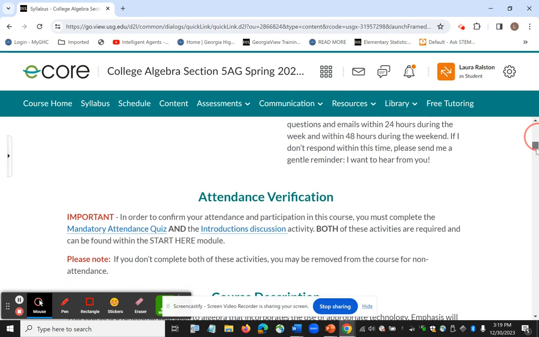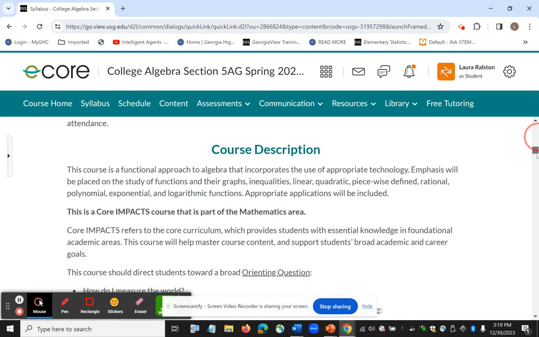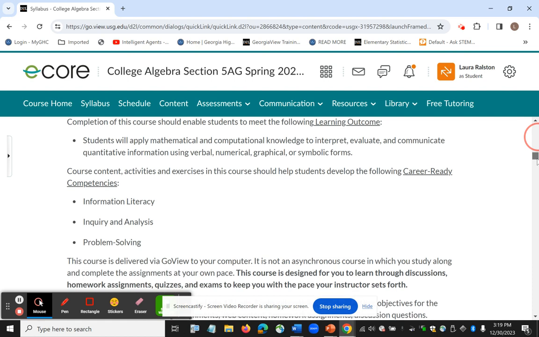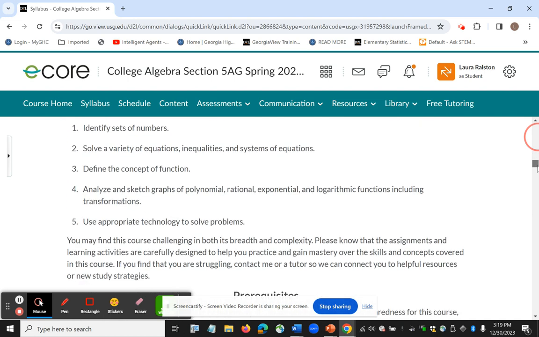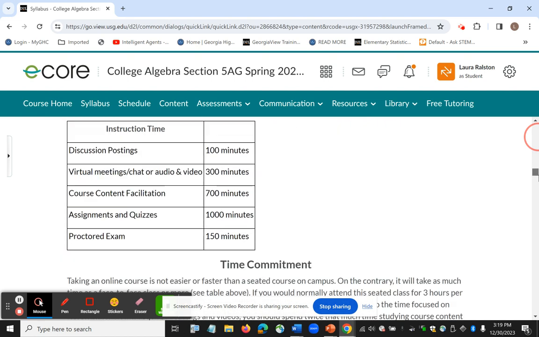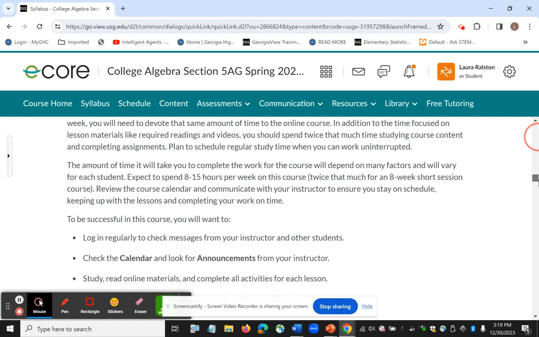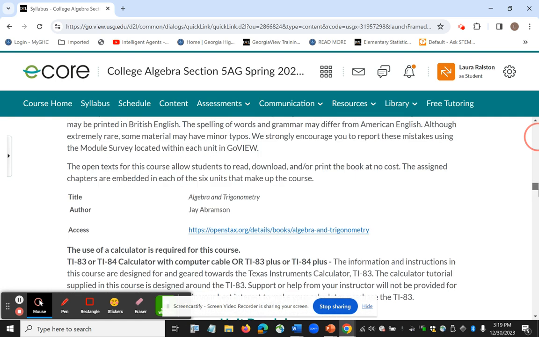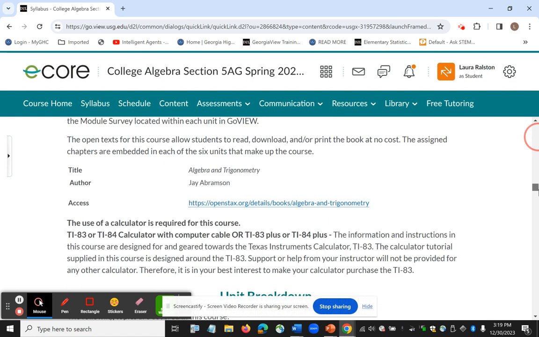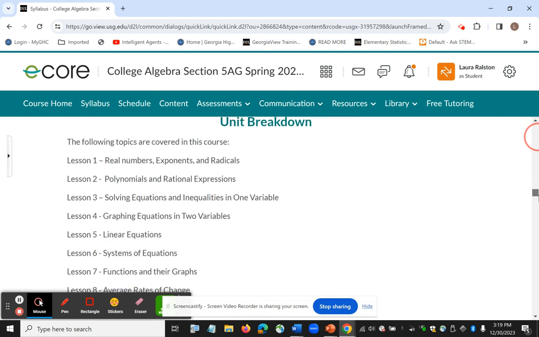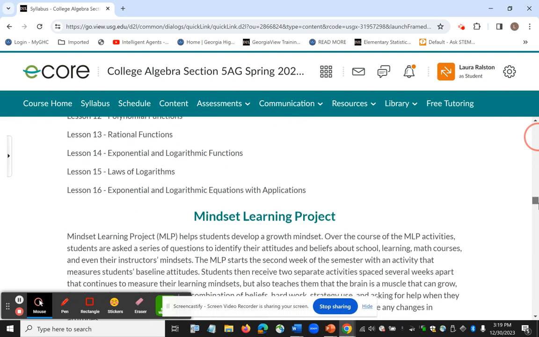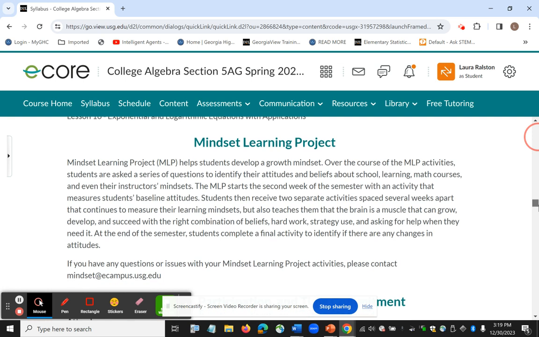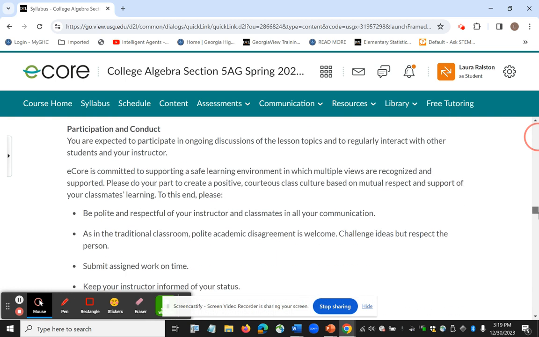Also, if you scroll on down, it gives you a description of the course. It also includes the course objectives. It includes information about how much time you need to commit to this particular course and all these recommendations. It gives you the textbook that we use, the lessons that we're going to be talking about, the Mindset Learning Project, which is part of a research project being conducted by the University System of Georgia. It also